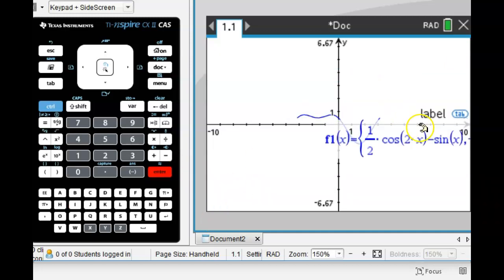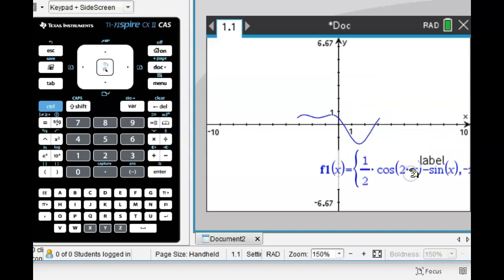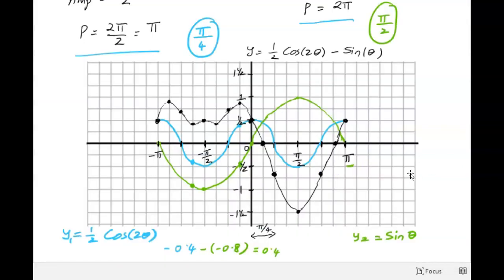Obviously, as we can see, that is pretty similar to the graph that we sketched without the help of a CAS calculator. So if I go back to my graph, you can see that's roughly the same. Given that we've done it in really good depth in terms of the points, our graph's got a little bit better shape than the one that the calculator's thrown up. All right. So that's pretty much where we stand with the addition of ordinates. I hope that really helped you with sketching these functions. Thank you for